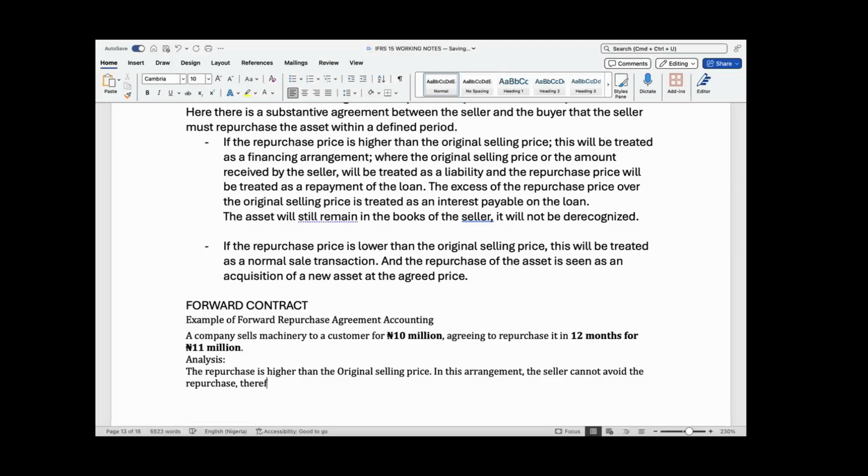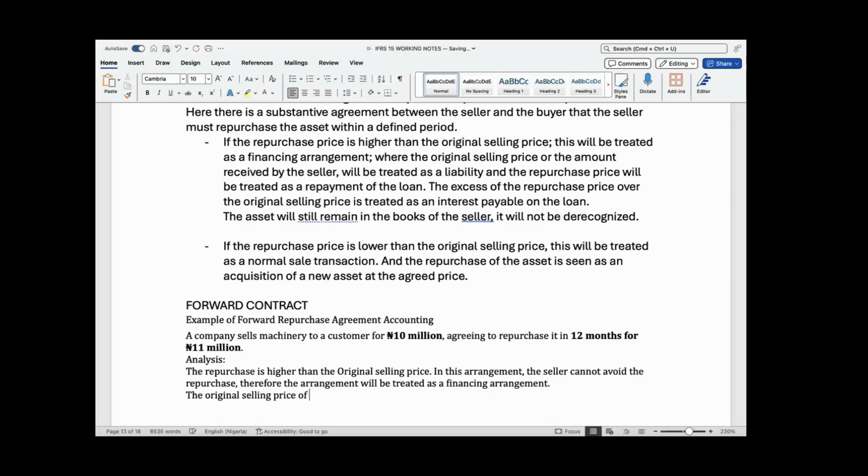In fact, for that reason alone, the arrangement will be treated as a financing arrangement. You see, the original selling price